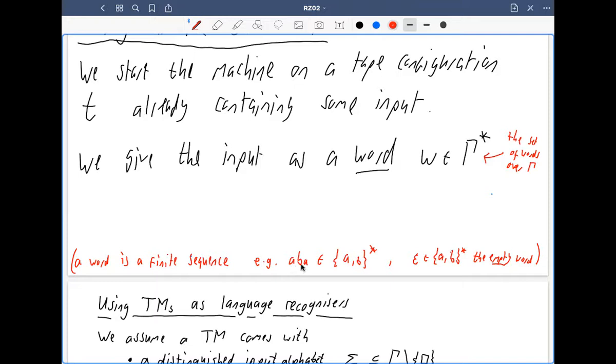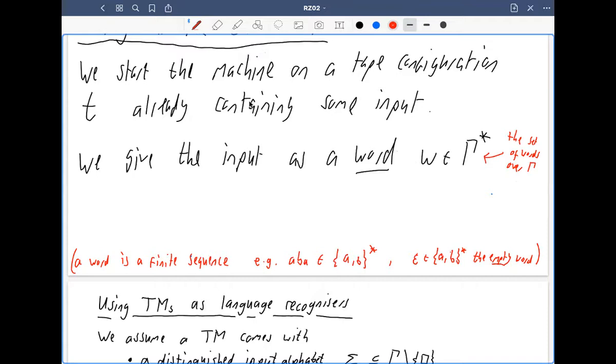because there's the empty word, there's the word A, there's the word AA, the word AAA, and also the order is important, not just the number of times things occur. Mathematically, the set of words is the free monoid over the set. But to know that, you need to know what a monoid is, and I don't want to go down that route, but that's one way of describing it. One just thinks of it as the set of finite sequences of elements from this set. But even with a finite set, the set of words is infinite, because you can have words that are arbitrarily long. So the point is, the input is given as a word, as we saw on the tape,